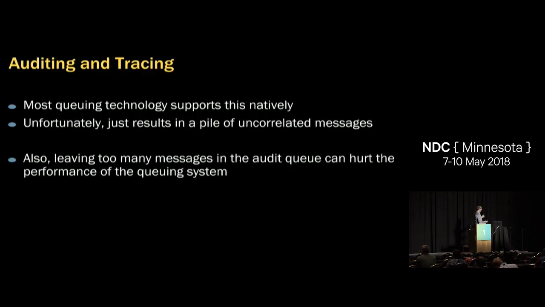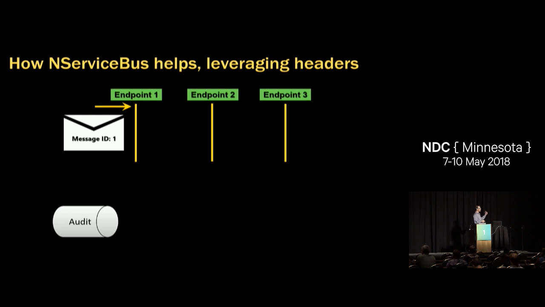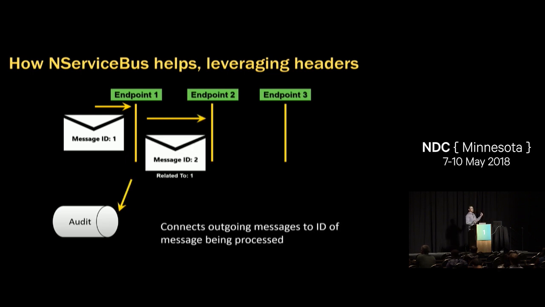Other things, auditing and tracing. Most queuing systems give you the ability to copy messages that are processed somewhere else. That's nifty and great, but when you have hundreds and thousands of parallel requests from different users all being audited together, and all of this asynchronous pub/sub happening behind the scenes, it's really difficult to know what actually happened in the system. With NServiceBus, what we do is we decorate all of your messages with a correlation identifier, so that